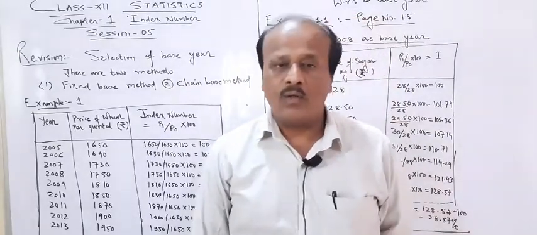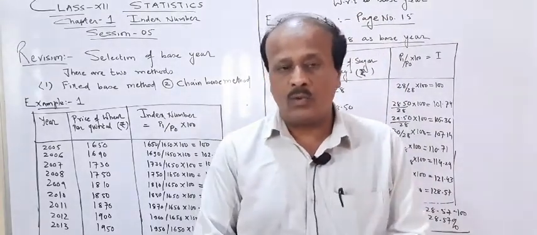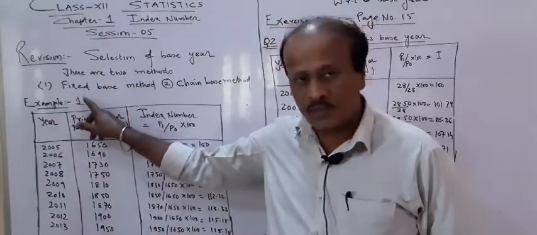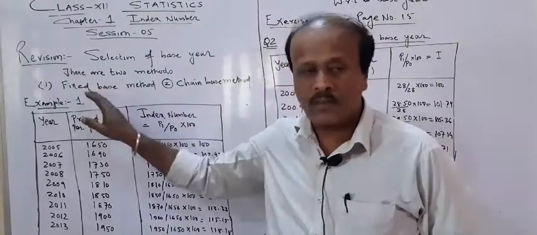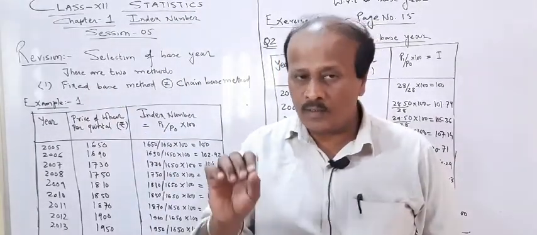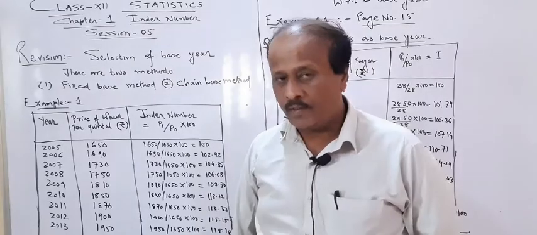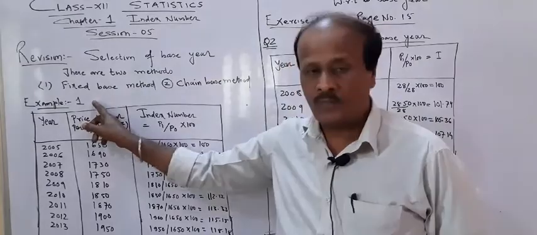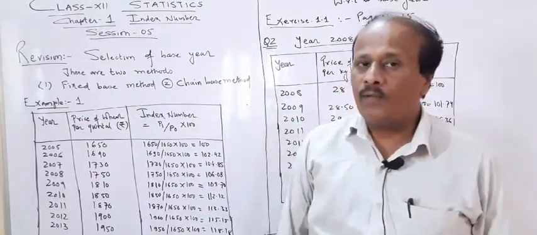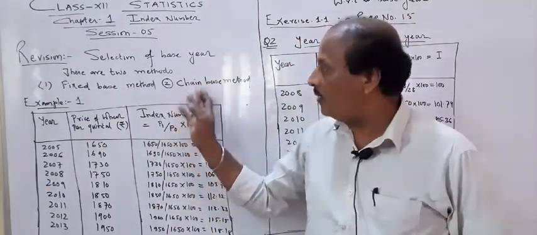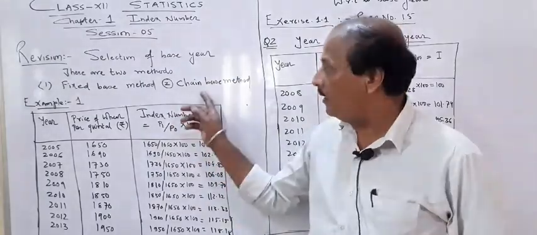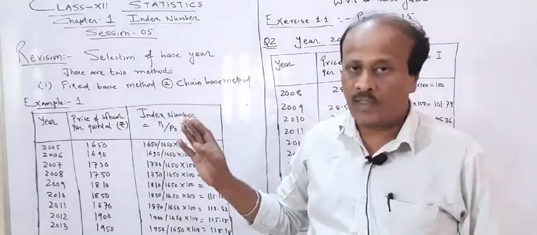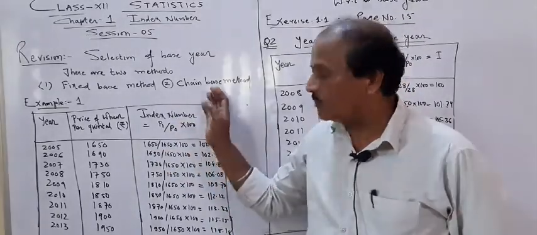I am going to support the chain base method with one or two questions as well. The word itself tells you the meaning. Earlier, in the fixed base method, we fixed one year, so the value of that item which we calculate was kept fixed for that year. But in the chain base method, when there are short term changes, we prefer this method, and in it one year after another is considered as the base year. As the question comes, I am going to explain that method.